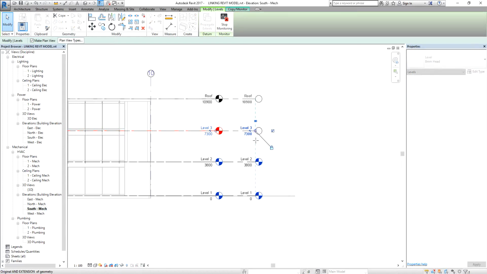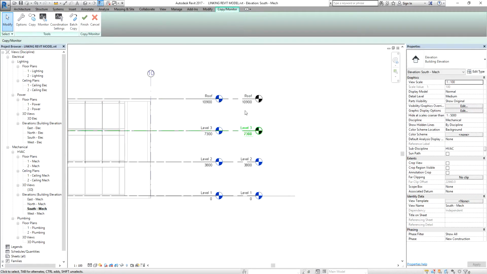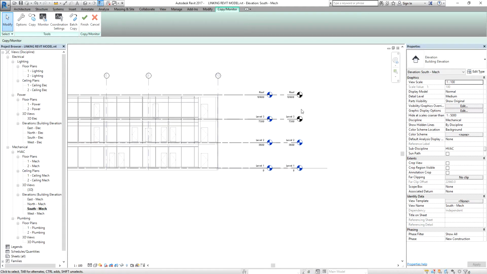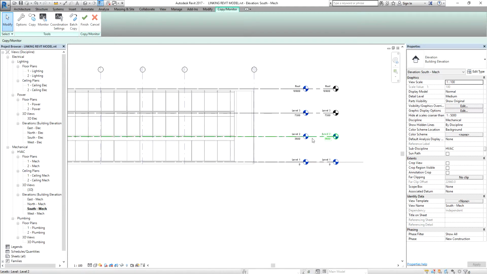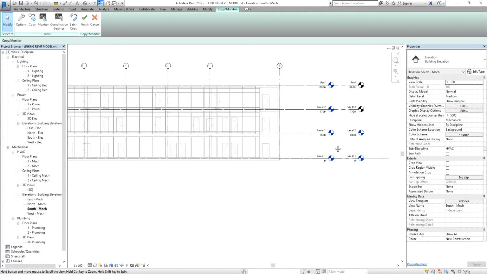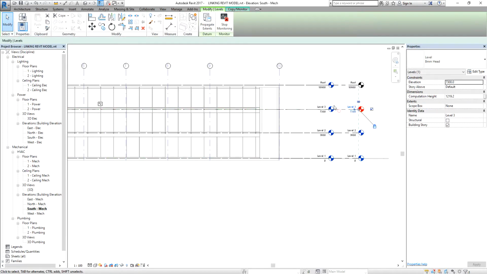After that, I'm just going to select modify to terminate the copy tool. There you go. And then I'll just move the level. As you can see, it's already copied, right? So I now have levels on my host model. So what I'm going to do next is I'm going to monitor the